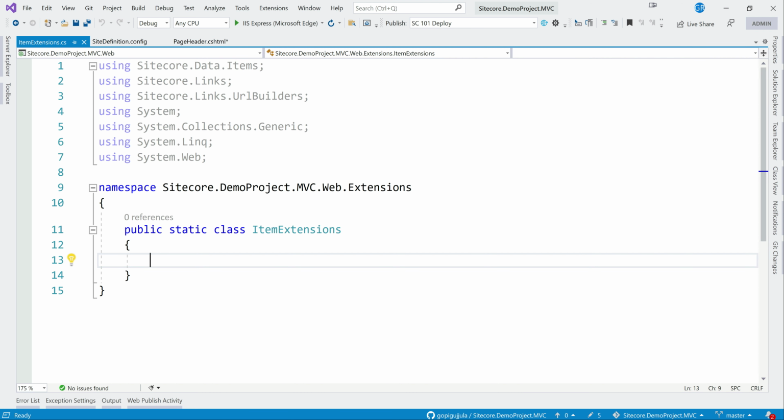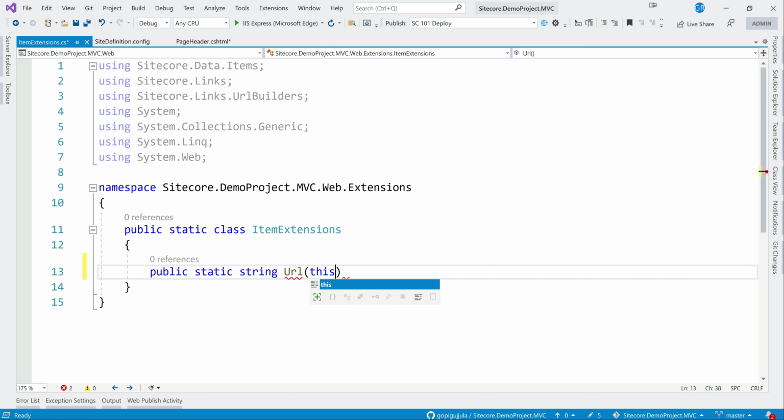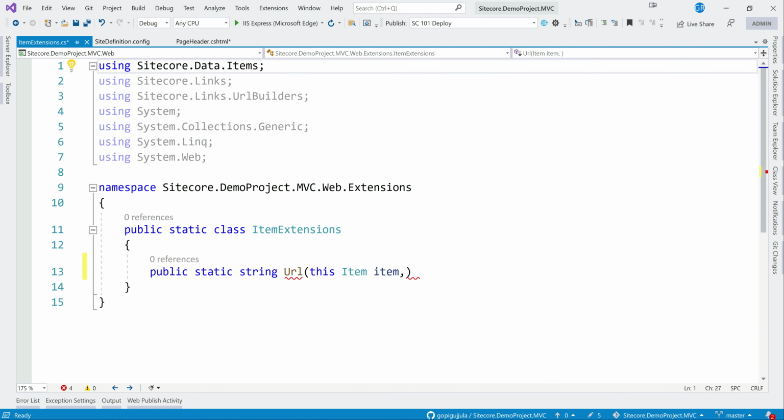Let's build that functionality. It would be a public static string, let's call it BuildUrl, and it would take an item. Make sure you have the namespace Sitecore.Data.Items, otherwise Item will not be resolved.